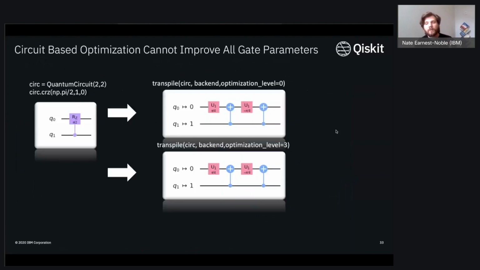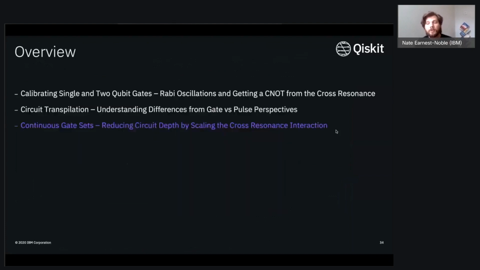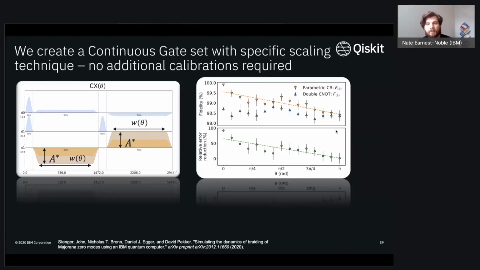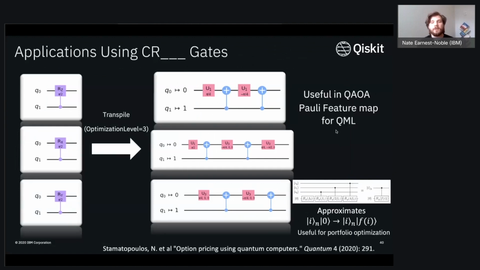What I want to do, though, is elaborate on what one might be able to do as a continuation of this. Namely, I want to consider different sorts of gates. So earlier I mentioned this RZ gate, but you also have, say, a controlled Rx or a controlled Ry. When mapping that to the backend, again, you see these two C naughts with single qubit gates on, in this case, the target qubits. And now what I want to do is show how you can actually go from not only having that sort of CX of theta gates, but having it for arbitrary CX or doing it for all three of these gates here.